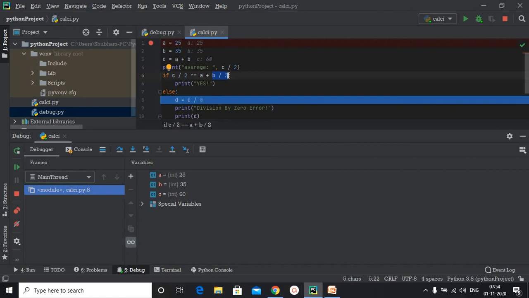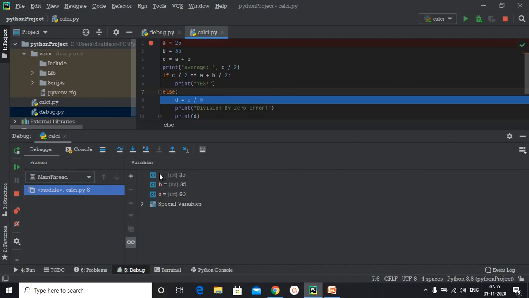It is a simple BODMAS rule that's being followed here. If I had used the proper brackets, then we would have simply moved into our if statement. However, since I didn't provide the correct brackets, we are now inside our else statement.